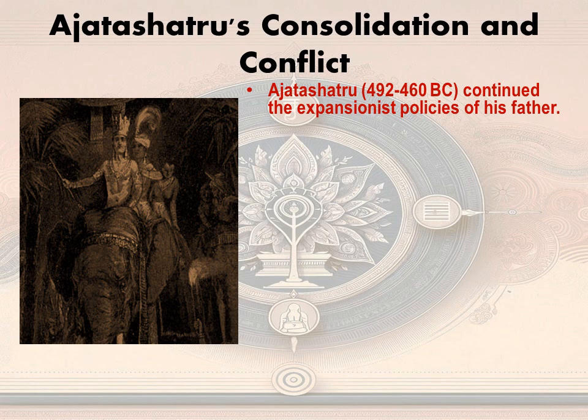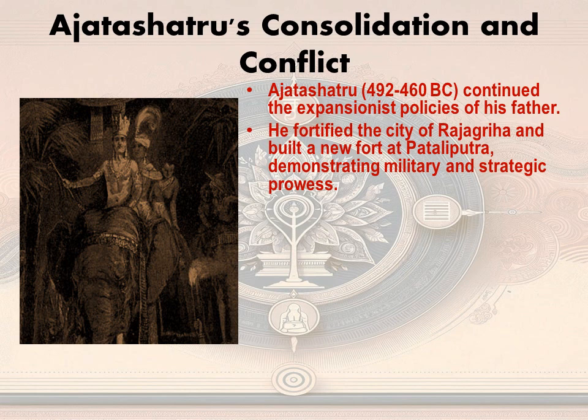So just like Bimbisara, Ajatashatru also continued the expansionist policies, and he conquered a lot of territories around the kingdom of Magadha. He fortified the city of Rajagriha and built a new fort at Pataliputra, demonstrating military and strategic prowess. First he fortified the whole city of Rajagriha, which was the capital of Bimbisara's rule, and also he built a new fort at Pataliputra, which is presently in Patna district of Bihar. These were two important strategic urban centers, both for showing his power and also for the control of trade